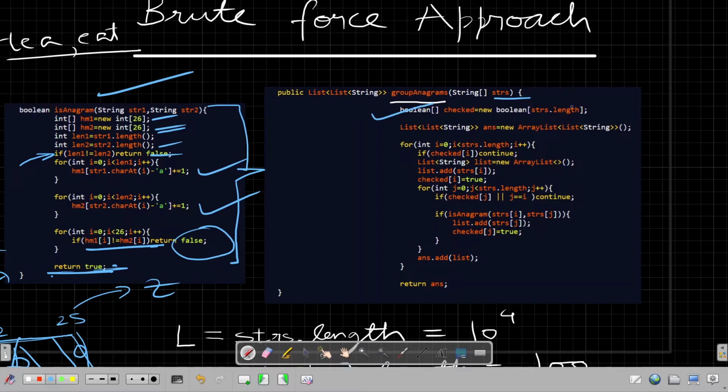This is just for keeping a check of all the entries which are already processed. So this is for that purpose. And one another data structure, a list of strings, I have taken because the answer is expecting a list of strings, so I have taken that as the answer. So now let's go inside this